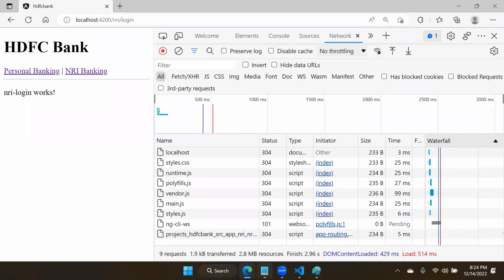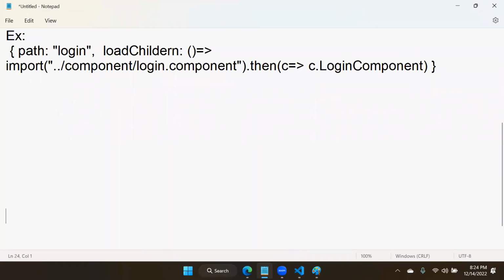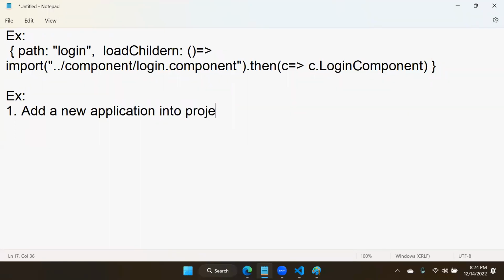So to implement that lazy loading, what is the example we tried? That example I will give. First point, add a new application into the project, into the workspace. How do we do that? ng generate application, and the application is HDFC Bank. So that is the next step. Here what we have to do is open